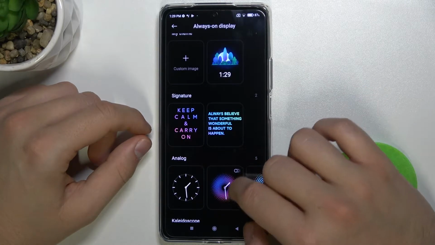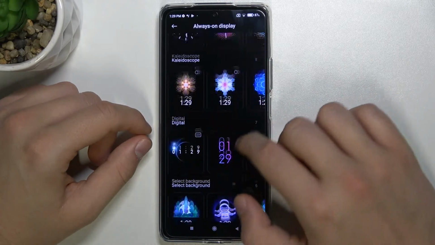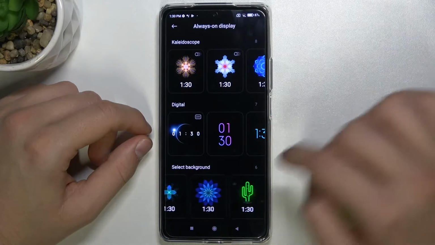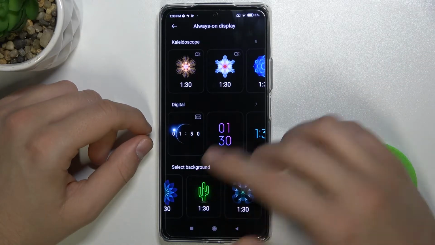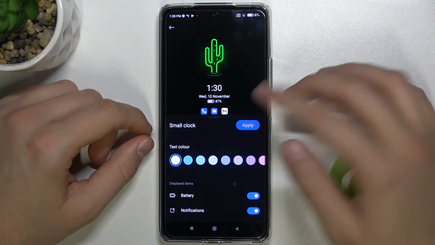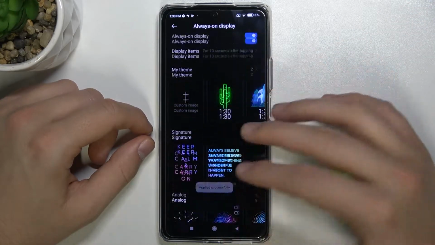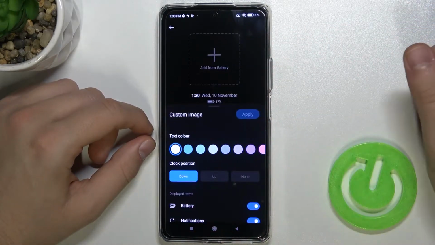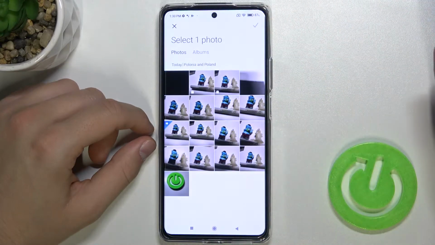So we can pick signature, analog and digital clock. We can also pick the default background. If you want to go for this one, just go here and tap apply. You can also add your own picture by tapping here, select from the gallery,